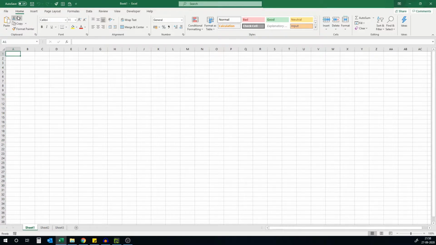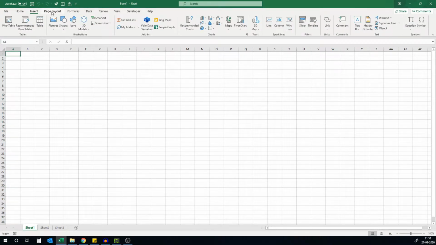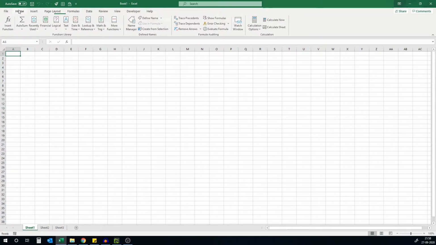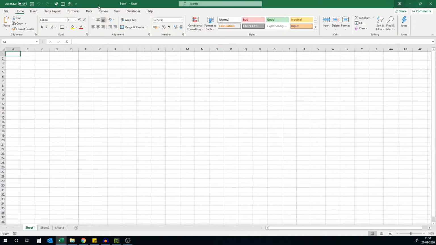At the top, we have the Quick Access toolbar. It is a customizable toolbar that contains different commands that remain visible no matter which tab you are in. You can add your frequently used commands to this toolbar for ease and quick use. Also, you can notice the name of your workbook at the top here. Currently, the file name is Book1, but I can rename it as required while saving the file.